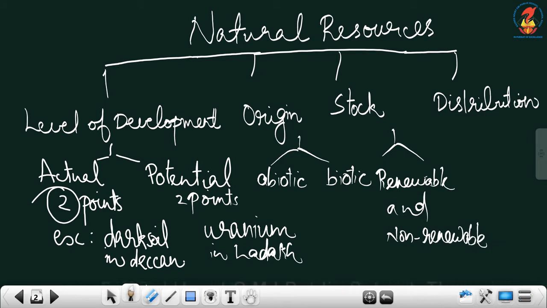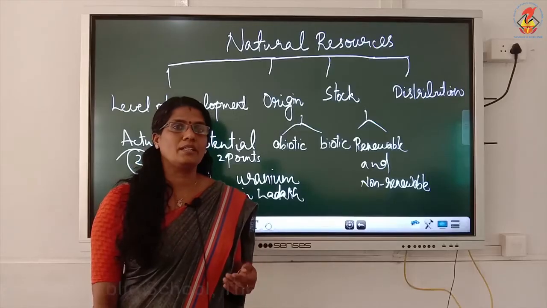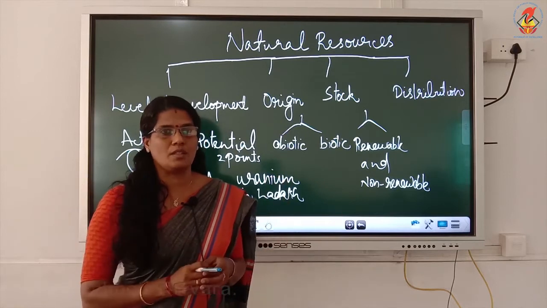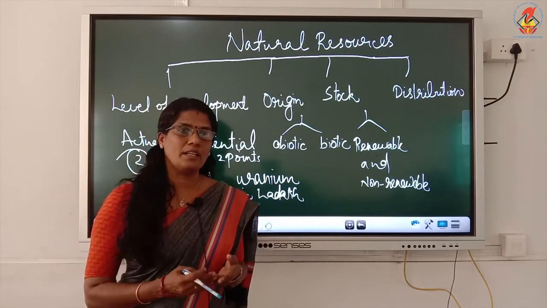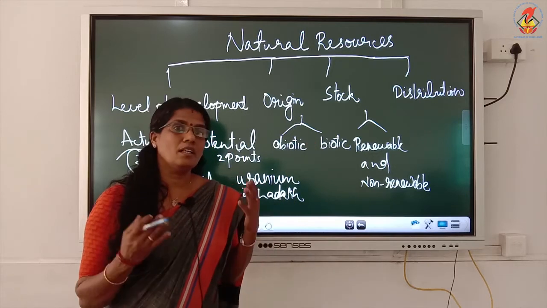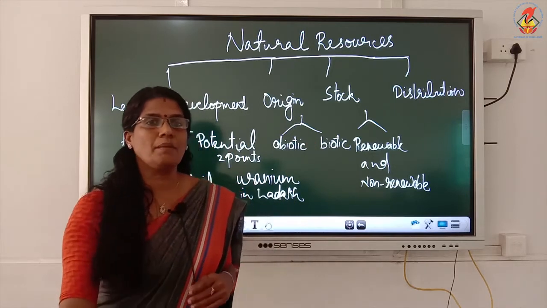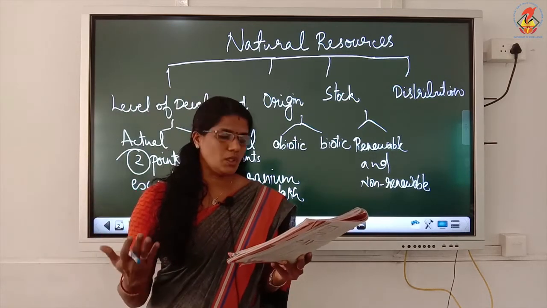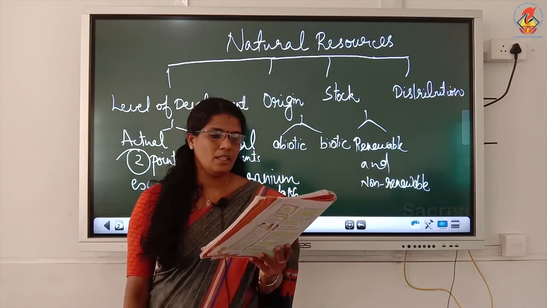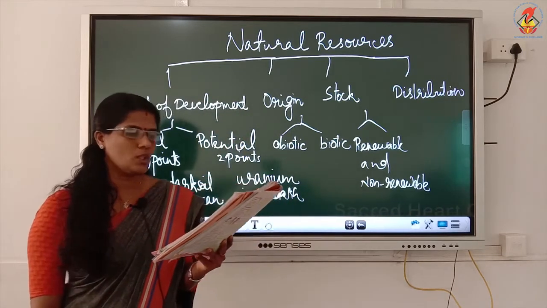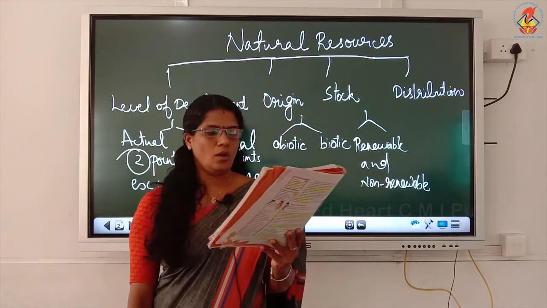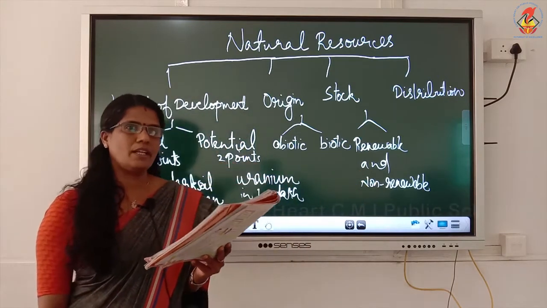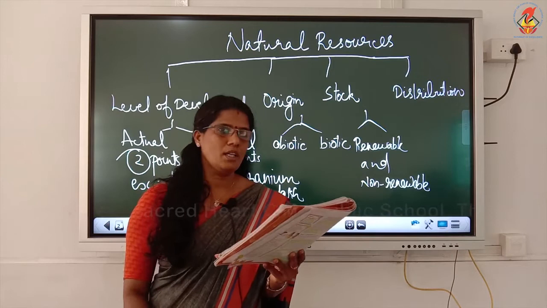So, renewable and non-renewable. Now, what are renewable resources? The resources which can be replenished quickly and are abundant in nature, like water, air, sunlight, all these are renewable resources. Now, coming to non-renewable resources, they are resources which can get exhausted. Underline, non-renewable resources are those which have a limited stock. Once the stock is exhausted, it may take thousands of years to be renewed or replenished.